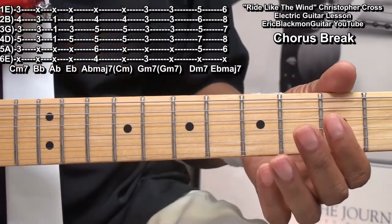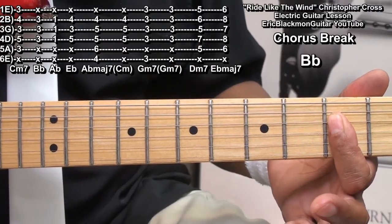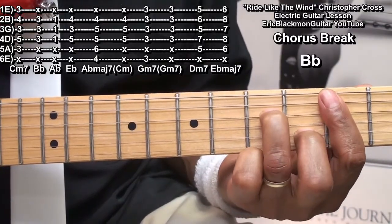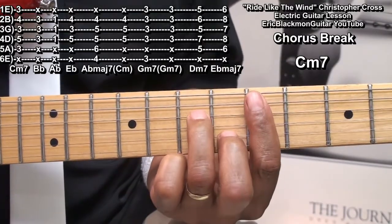As for how we're forming the chords, we had our B flat just by holding down the strings at fret 3, the D, G, and B, and then we went to our C minor 7. We're going to raise that a whole step for D minor 7,